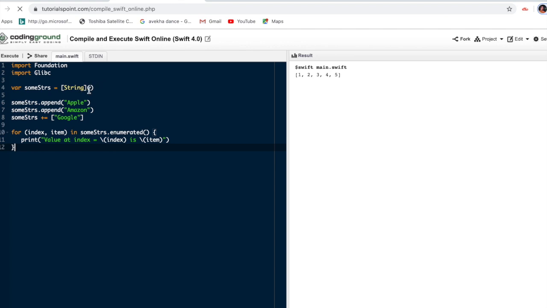Initially it is empty, and I have added first Apple, then Amazon, then Google. So the output should become Apple, Amazon, Google, and I need to print every value. Let's see how. Index means the position: this is the 0th position, this is 1, this is 2, the second position. So this is a way to write it.